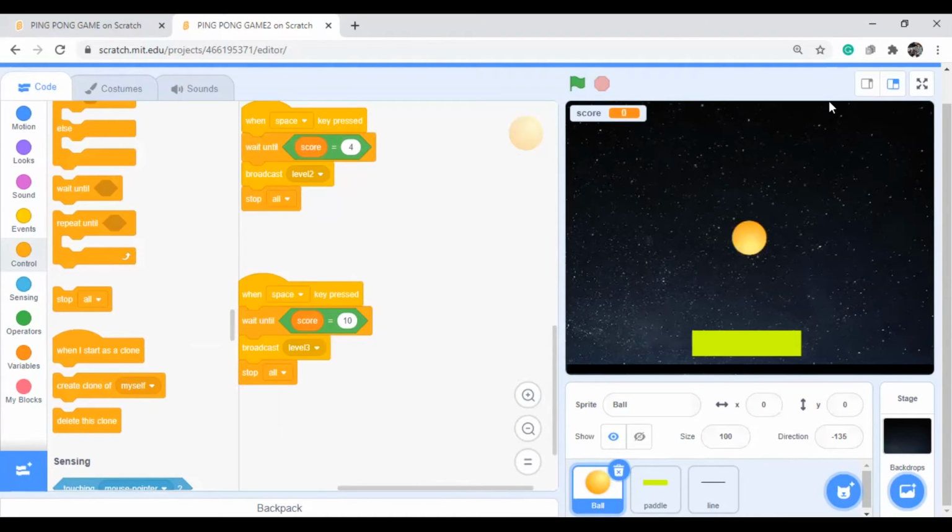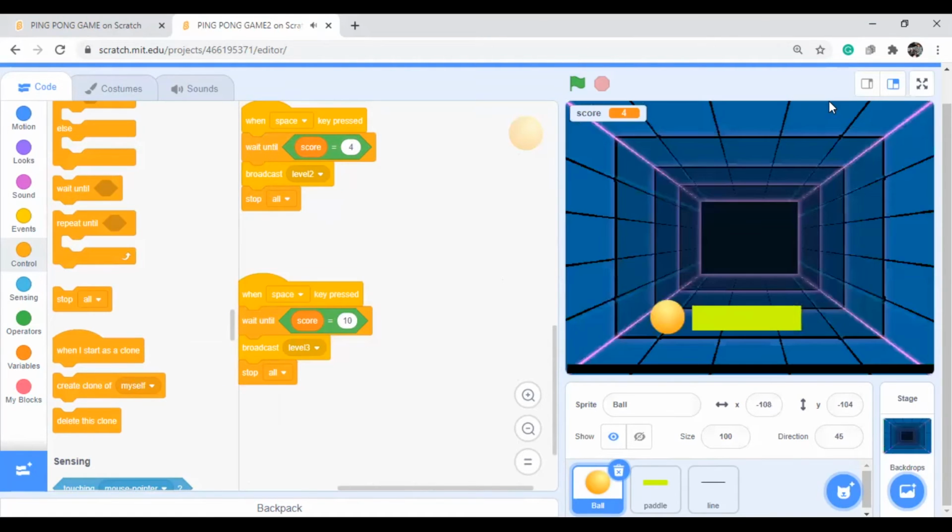See, if I click the space button, score is 1, score is 2, 3, and one more, 4. Yes, stopping and it is going to the next one. See, the ball position is the same here only. If I click on this space, it is going there. But how is it starting? It is not starting. So where did we make the mistake?